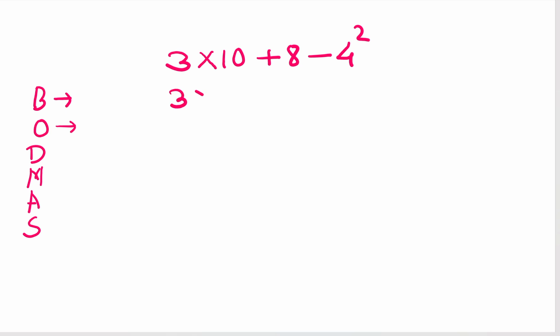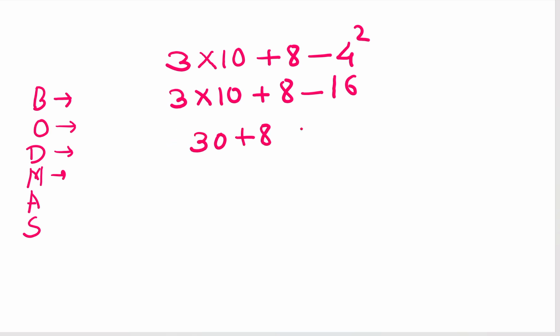Here, 3 multiplied by 10 plus 8 minus 4 square, and 4 square is equal to 16. Then we go to division, but there is no division in this example. So then we go to multiplication. 3 multiplied by 10 is equal to 30 plus 8 minus 16. Then we go to addition. 30 plus 8 is equal to